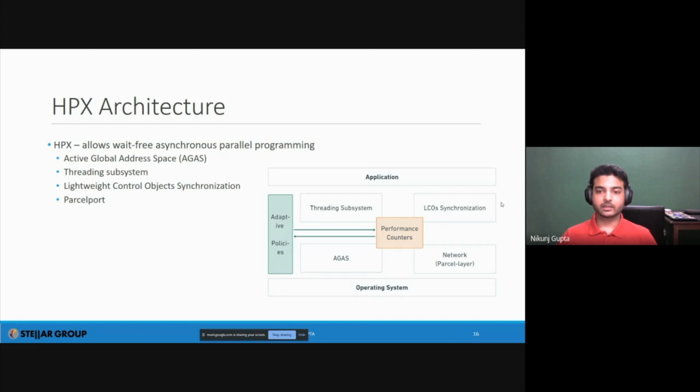These objects are responsible for synchronizing between tasks and even distributed tasks. Similarly, we have the network layer, mostly for the distributed stuff, for sending messages from one place to the other. And we have the active global address space, which is essentially a key-value hash map that takes care of knowing the addresses of various functions and whatnot in HPX.